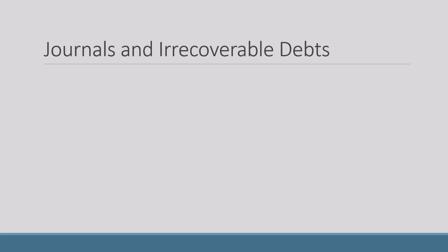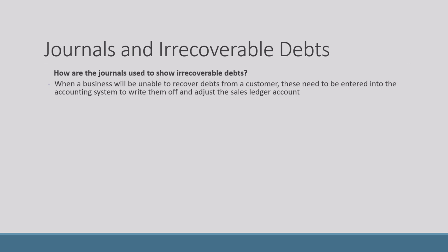Okay, so the other time that you're likely to be using journals then is to record irrecoverable debts. When a business is going to be unable to recover debts from a customer, these need to be entered into the accounting system to write them off and to adjust the sales ledger account. So this is like an adjustment going through because the customer's gone bankrupt, you're not going to get any money from them, so you've got to remove it from your sales ledger account. It will be written off into a bad debt or an irrecoverable debts account,